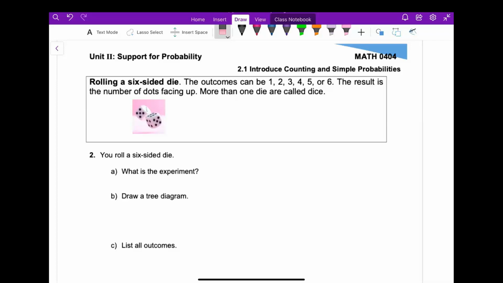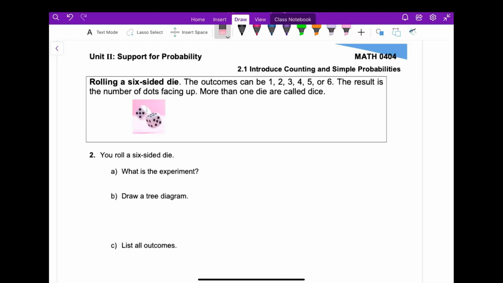Another common experiment is rolling a six-sided die. So the first experiment that we saw was tossing a coin. A coin has two sides, the tails or heads. A die usually has six sides. So the outcomes can be 1, 2, 3, 4, 5, or 6, and the result is the number of dots